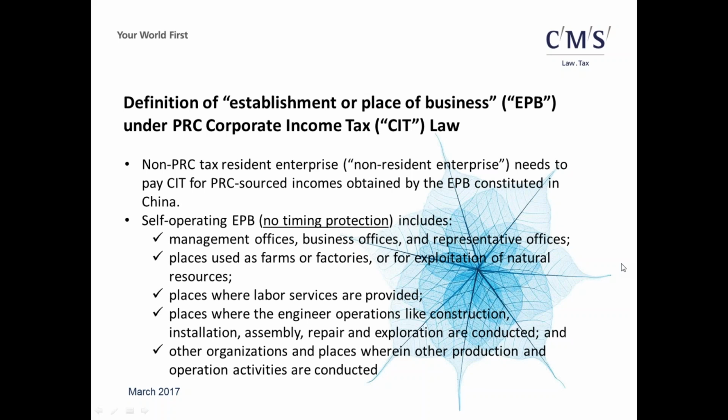It has a fixed management office or fixed business office or representative office or some fixed places for labor services or farms or factories or other places for exploitation of natural resources. So this is a very normal EPB, right? Apart from this normal self-operating EPB,